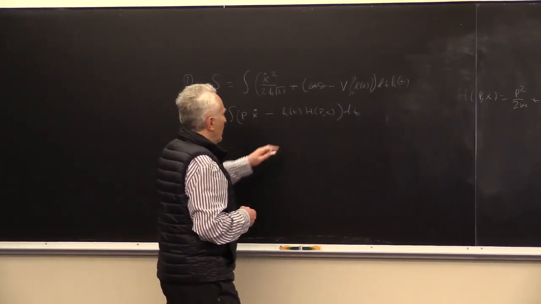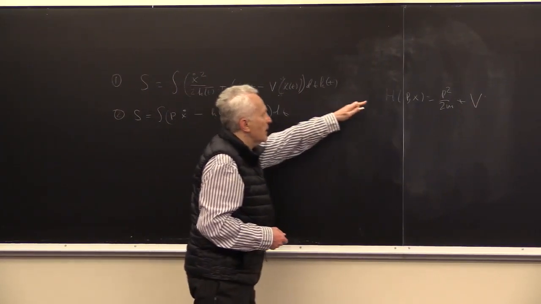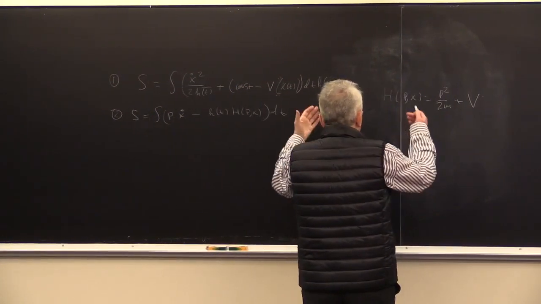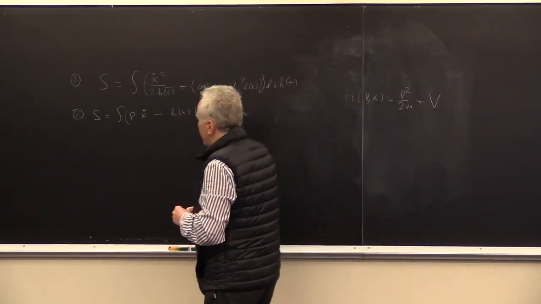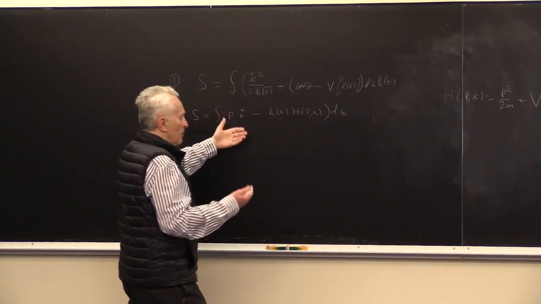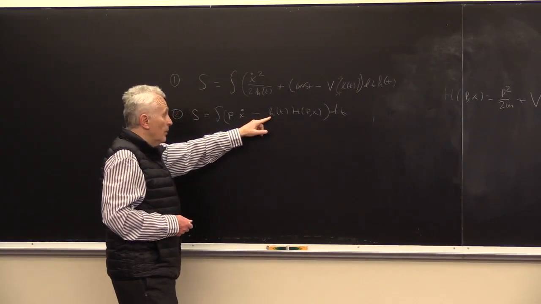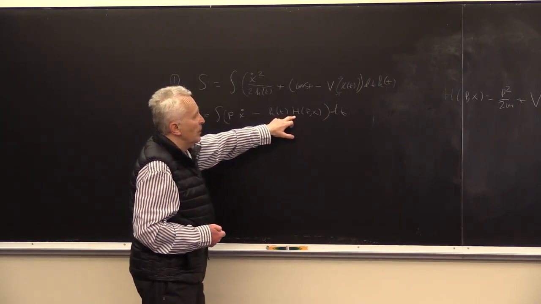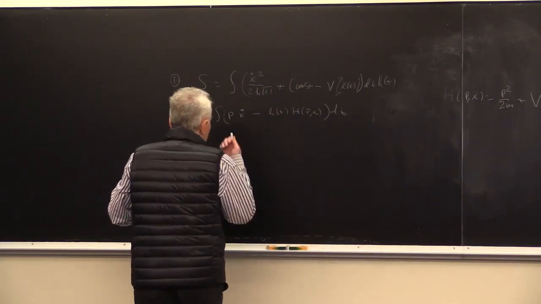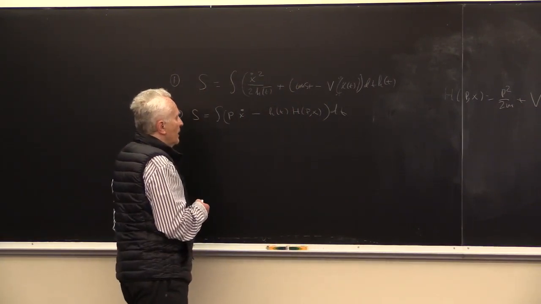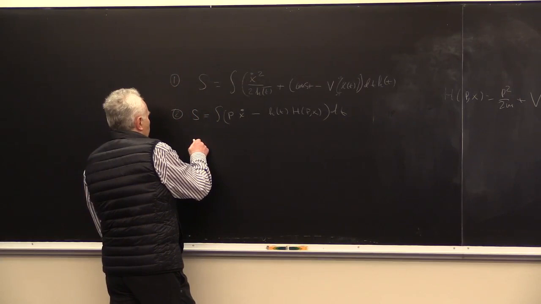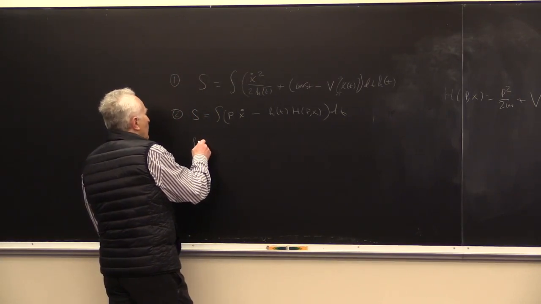This is a special case. Generally speaking, we can have many different functions of p and x. Whatever you take, it will be a different dynamical system, but for all of them, h will be a conserved quantity, will be energy. And the argument is very simple. The argument is that when we take the variation,